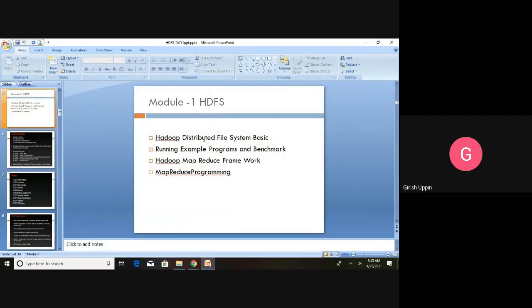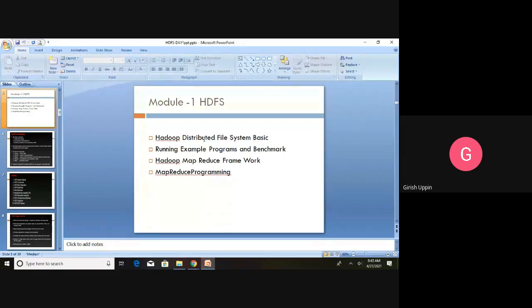If a certain node fails, then the name node, also called the master node, has the information about the mapping of what has been stored on that particular data node. And whenever a node goes down, the master node or name node will be checking the status of all the data nodes in the cluster.